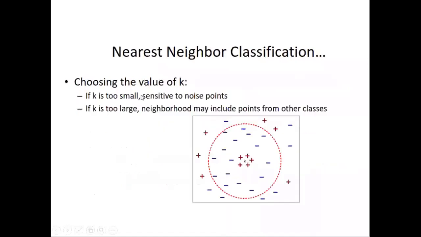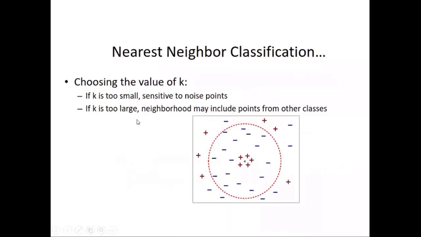And challenges, some how to choose the k value. If k is too small, it will be sensitive to the noise points. Again, I will show you what noise means. See, you don't know in data what is noise and all. We shall see those things later. K can never be very small. That is, you cannot keep k value as 1, or it cannot be too large.